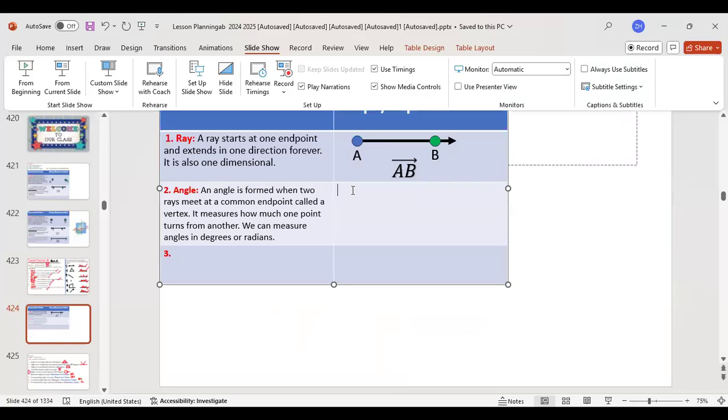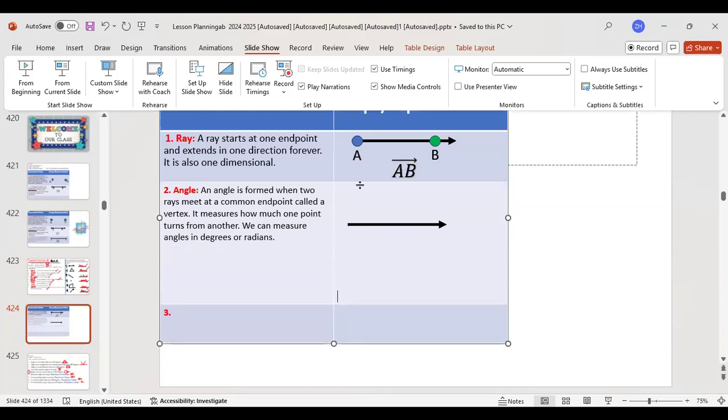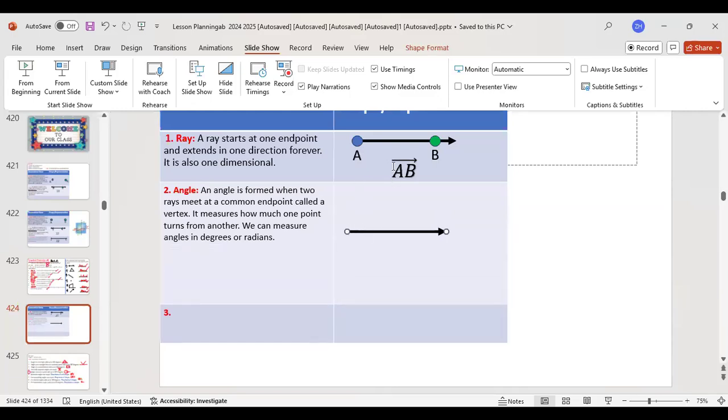Okay, so how do angles look, and how do we represent them? There are different ways we can represent angles. Angles are one of those things where there are so many different ways to represent them. I hope I do a good job telling you all the different ways. It might not be an exhaustive list, but it's going to be a good list to show you the different ways we can measure or represent angles.